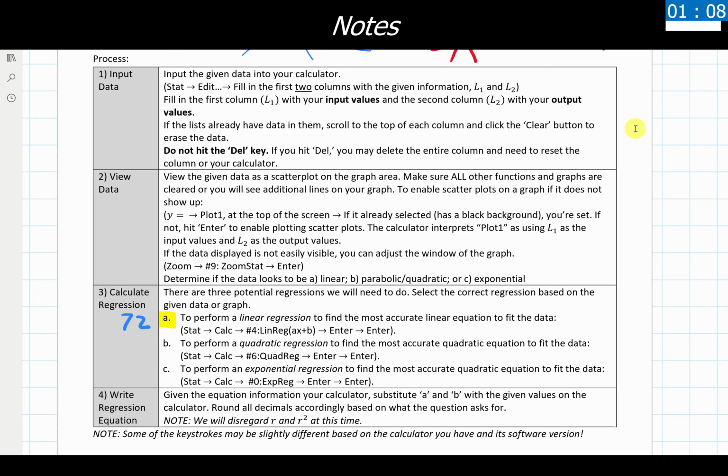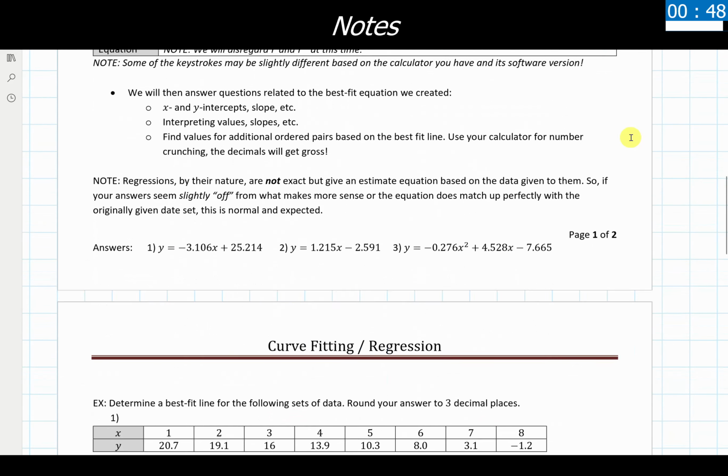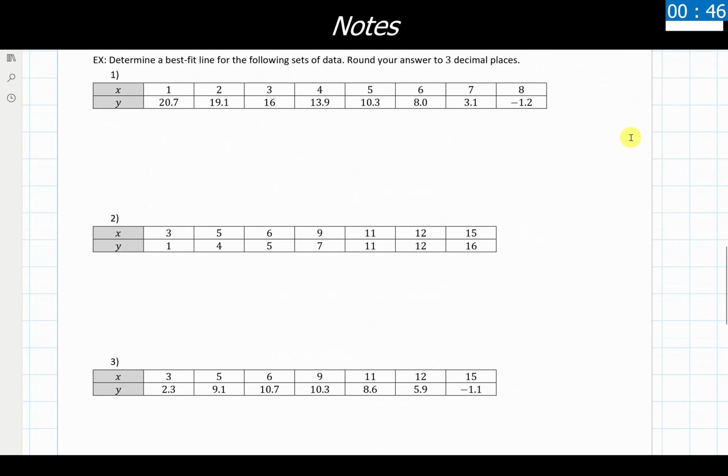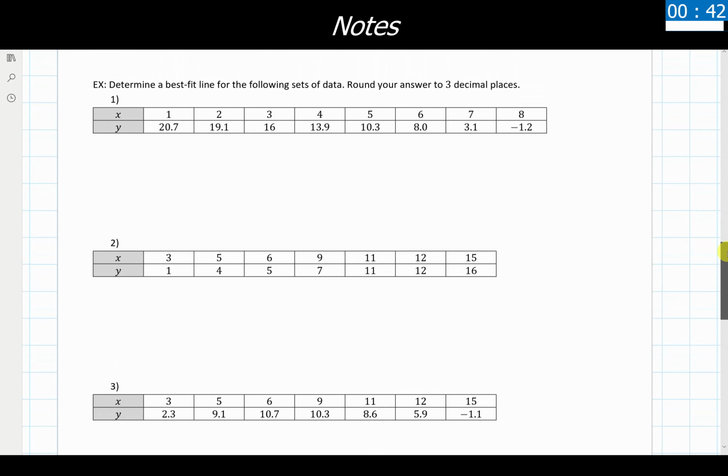Now with that said and our warnings here, I'm going to go through and show this process actually using a calculator. Again, pause the video and write all this down for yourself if you need to, but let's go ahead and take a look at our examples and then dive into the actual problems themselves. So our first example, we got 3 sets of data here. And these are the 3 that I'm going to be using.